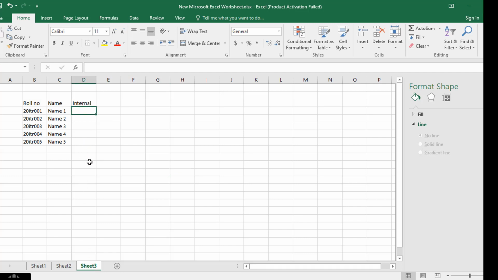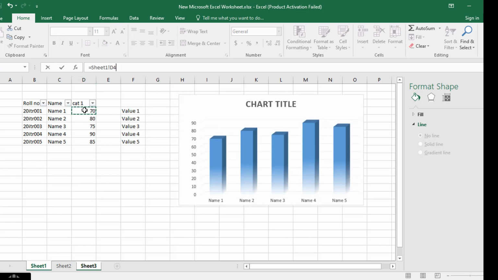Now we need to type the formula for internal. Type equal to, go to sheet 1 and select the mark 1.